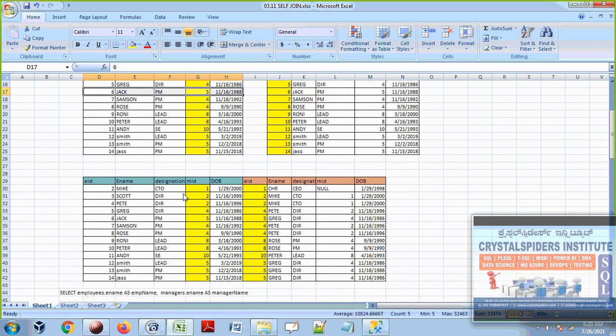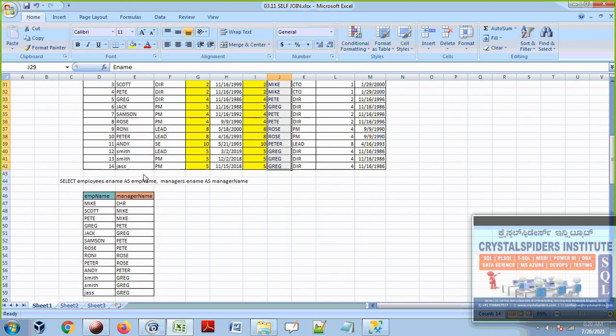As usual, same type of joins, guys. You see that after it is joined, this is the employees data, and this is what it is after you join. We can see that the MIDs are equal to the employee IDs. So now from this joined data, we are going to take this column as employee names, and we are going to take this column as manager names. That's it. We got the data.